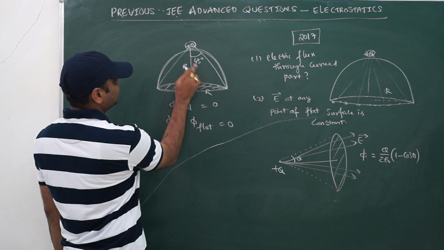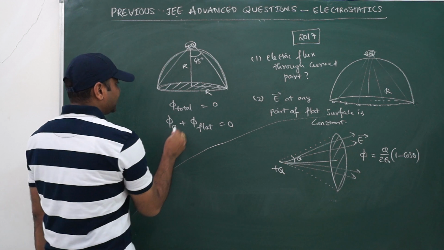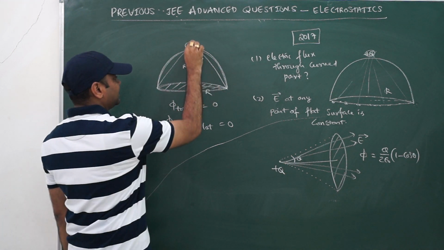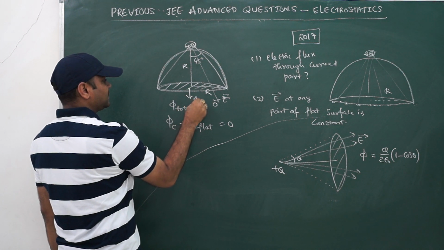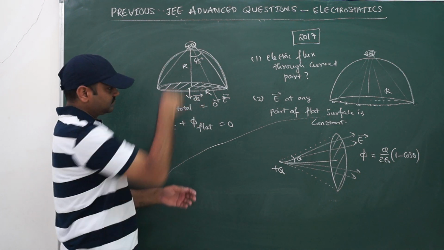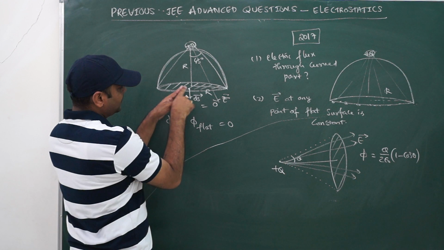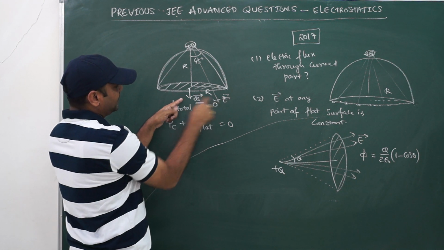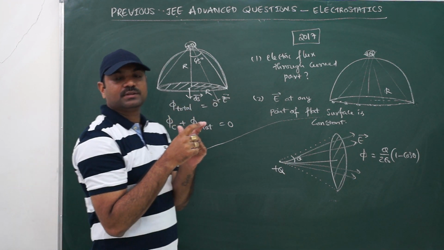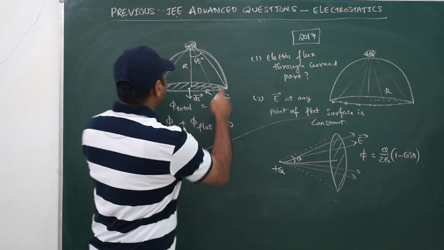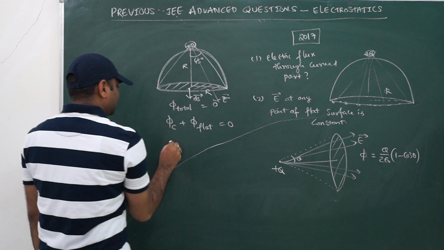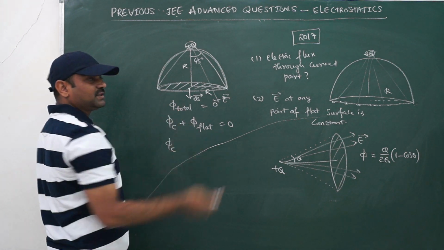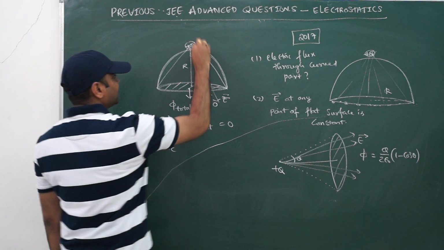So similarly this is making an angle 45, so I can write it down. Moreover, see, this field is away from it. Even if I take the area vector for the flat surface, that is also away, which will come in the downward direction. Then the angle made by the field vector and area vector is less than 90, so you will get positive flux. Whereas the flux through the curved surface, obviously you will get negative flux, because you will get angles more than 90.